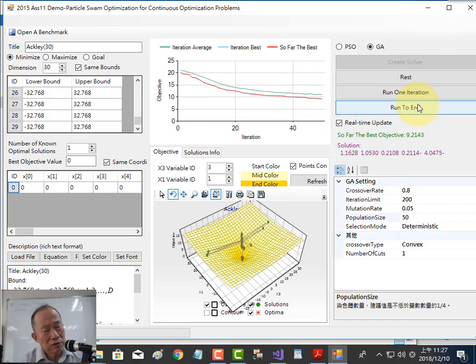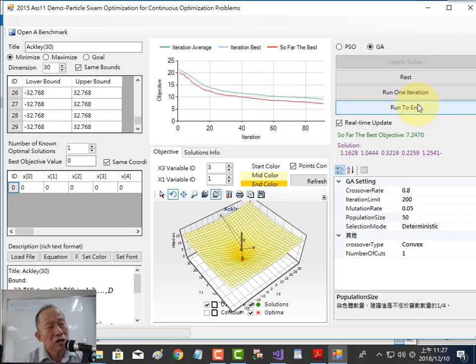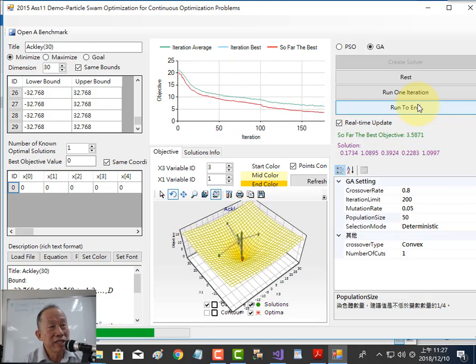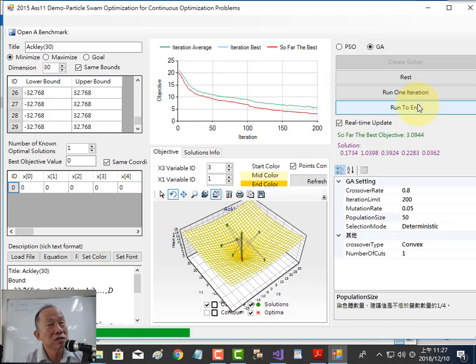So for soft computing methods, especially metaheuristic algorithms, we know we have a bunch of parameters. And there is hardly any rule saying what kind of parameter you should set in order to get the global optimum. You need to try that. I mean, try several times, and then